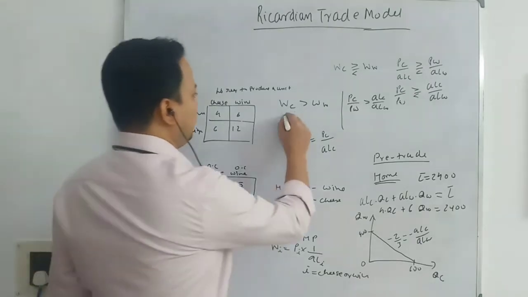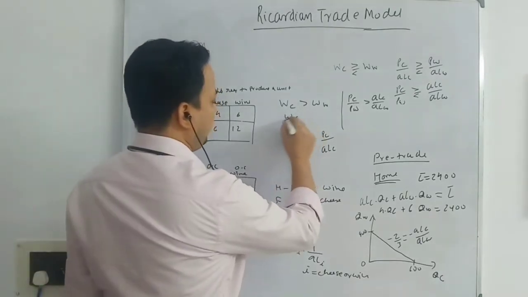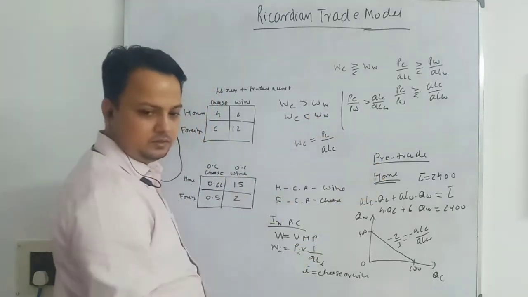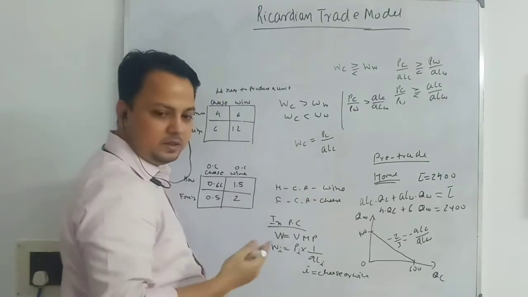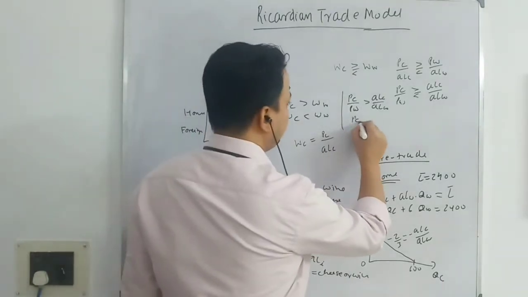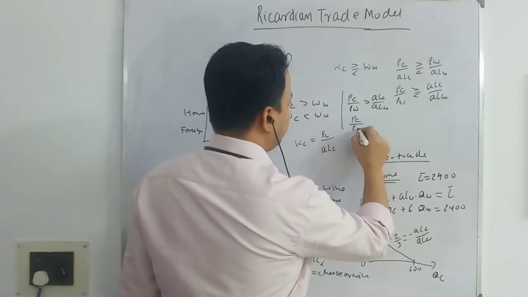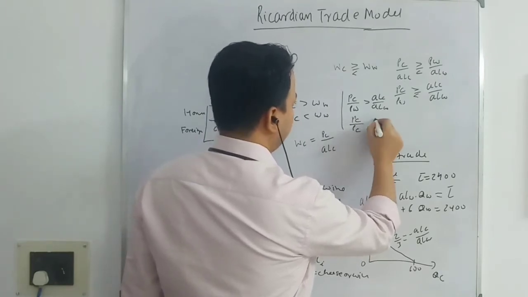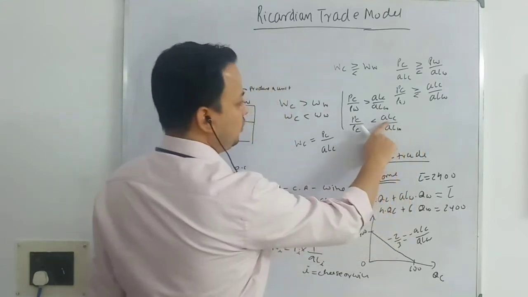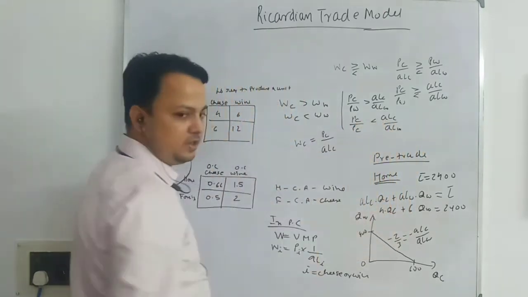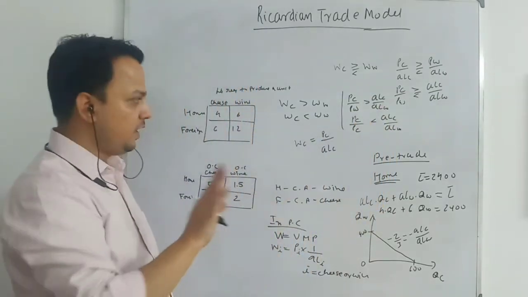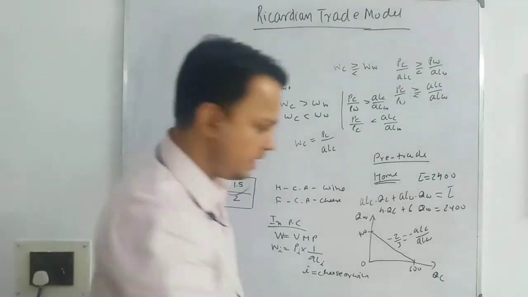When the wage in the cheese sector is less than the wage in the wine sector, workers will work in the wine sector. Why would I want to work in the lower wage sector? I can move to the wine sector and produce. That means the opportunity cost of producing cheese is more, ANC by ANW is more. The opportunity cost of producing cheese is more than the relative price of cheese. If you take the reciprocal, the sign will change. I am not going into that, otherwise you people will get confused. Okay, you can try.